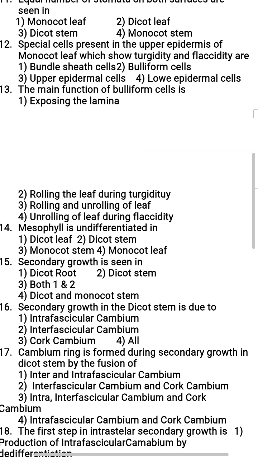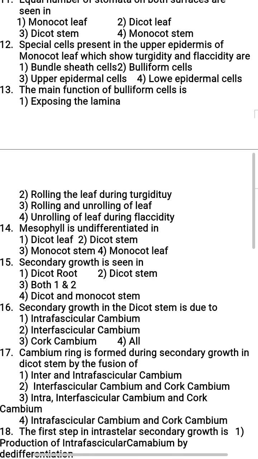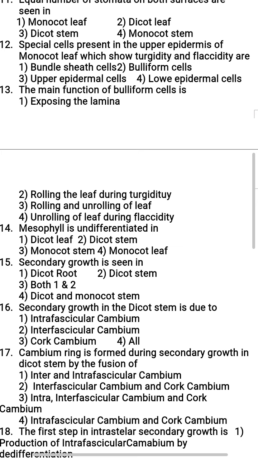So here in monocot leaves like rice, wheat, sugarcane, etc., one special characteristic can be seen. The stomata are present on both surfaces of the epidermis, and the mesophyll is not differentiated into palisade and spongy parenchyma. Understand, quite opposite to dicot leaf. So now moving to the next question.